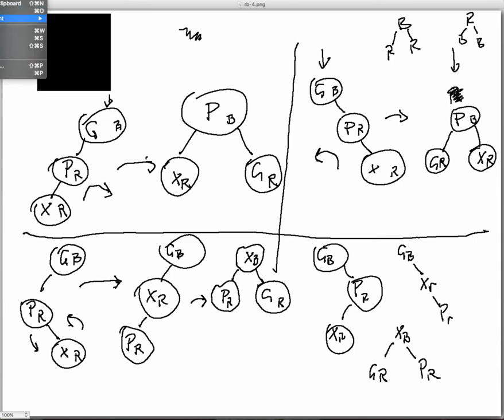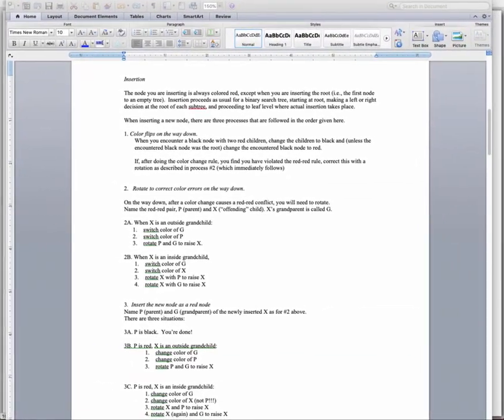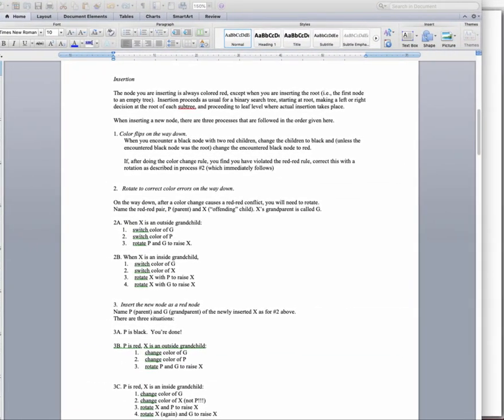Let me save this. Close it up. Now the other thing that we have to do here: remember we said there are 3 different processes that we have to do. On the way down, we can do color flips. If when we do color flips we get a red violation, then we have to do this recoloring and this rotation. Finally, when we get down to do the actual insertion down at the leaf,